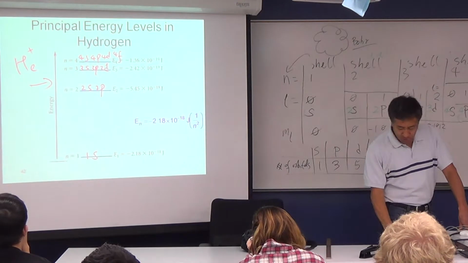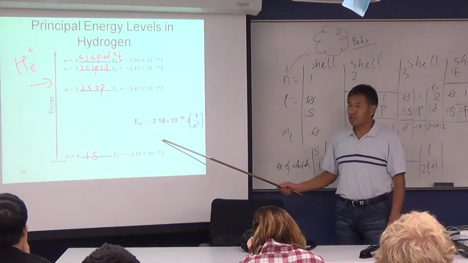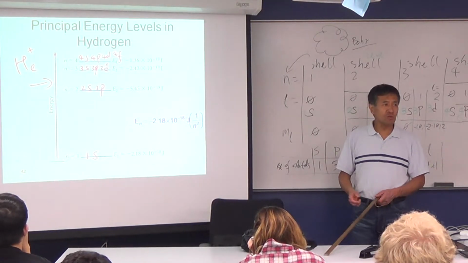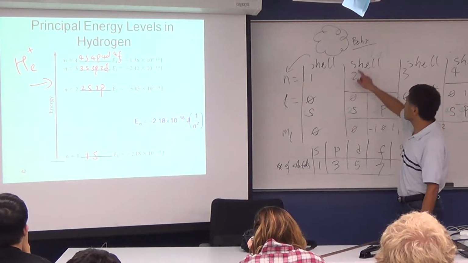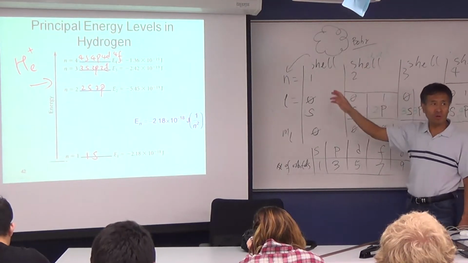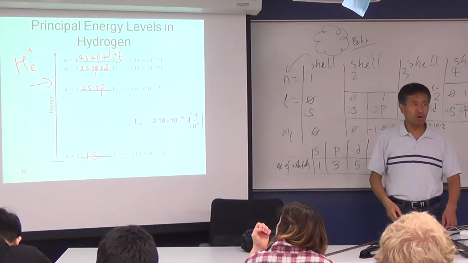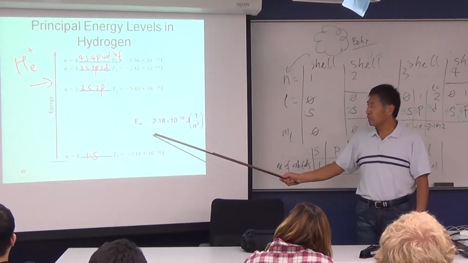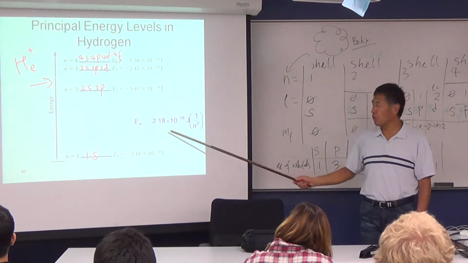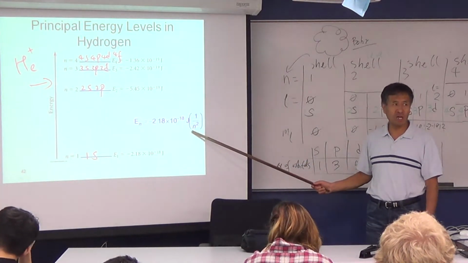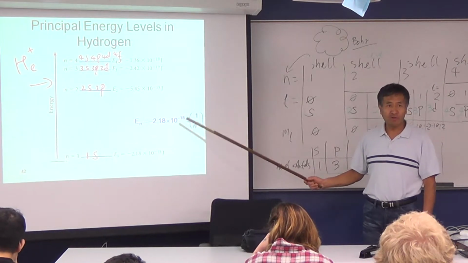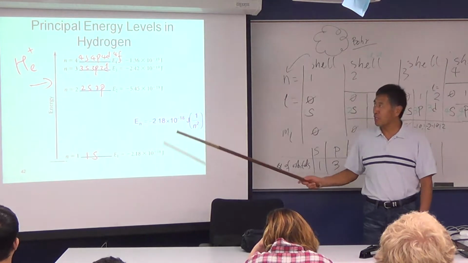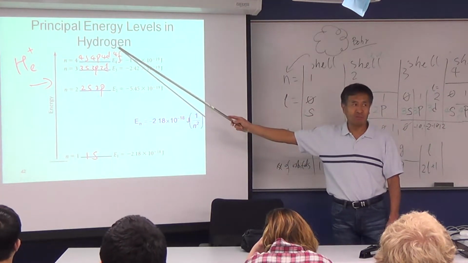Okay, then go back to this equation. You use this equation a lot in this chapter and in this class. You get this equation from both the simple model and also from the new quantum model. So you can see in this equation, the En only depends on this n. There is no l, no ml. Therefore this equation is only precise for the H-like atom.